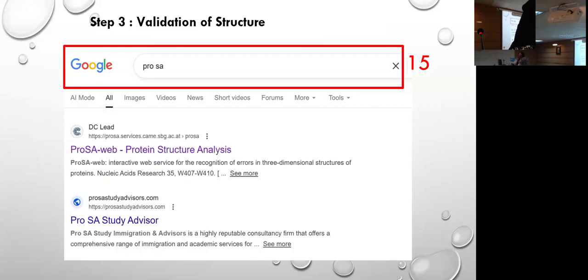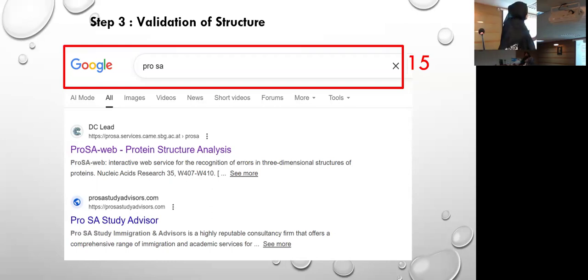Whatever the reason you have generated your model, when you are trying to validate it externally, you will find many web servers, many websites, many software tools which will give you the option to validate your structure. But what you are going to use are the most reliable ones.